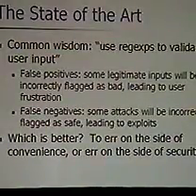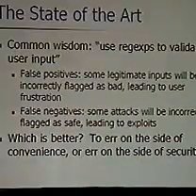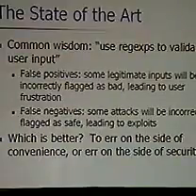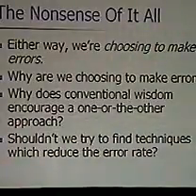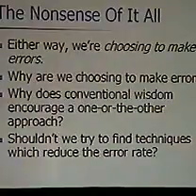For too long, the entire question of validation has been phrased in terms of guns or butter. We can have this or that. We can have convenience or we can have security. It surprises me that it has taken so long for us to realize just how stupid this choice is. If we are choosing to make errors, then we are choosing to make errors.